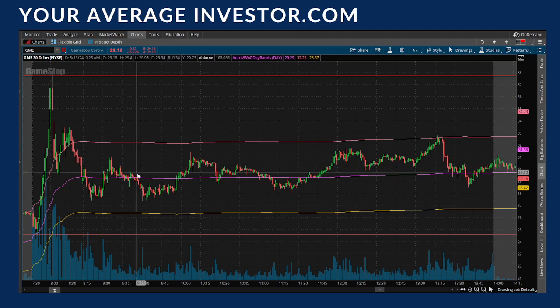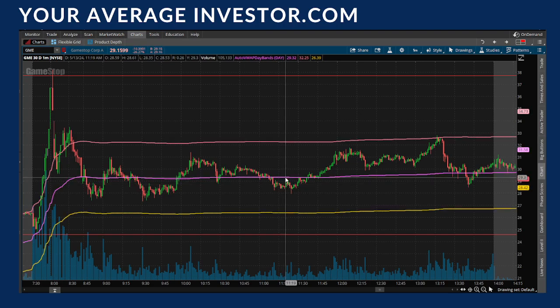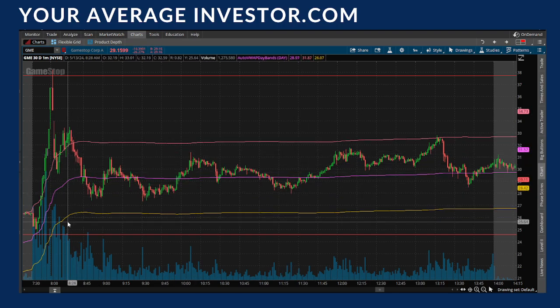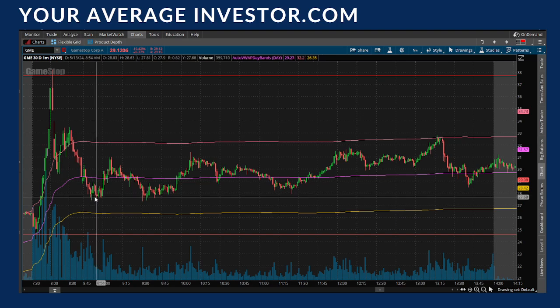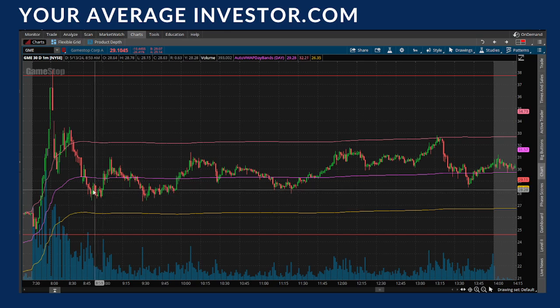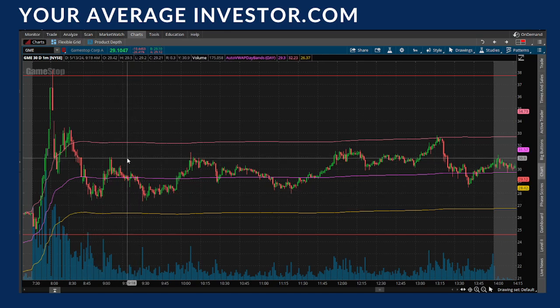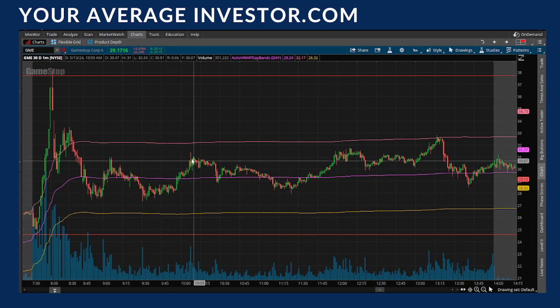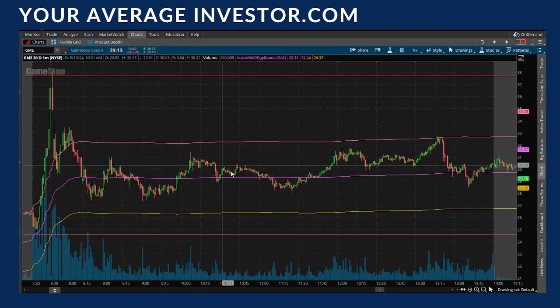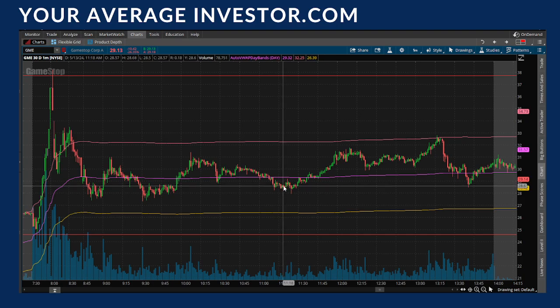And then you can see what's happening here. It's kind of just oscillating in both directions, not really moving up, not really moving down. So you might say, all right, anytime it gets a little too far below, if I'm overall bullish on GameStop, I'm going to start accumulating down here, and I'm going to start selling up here. This might be my first indication of that. So I see it happen once, I see it happen twice. So right here I'm going to start accumulating shares, and then I'm going to sell into this strength here,